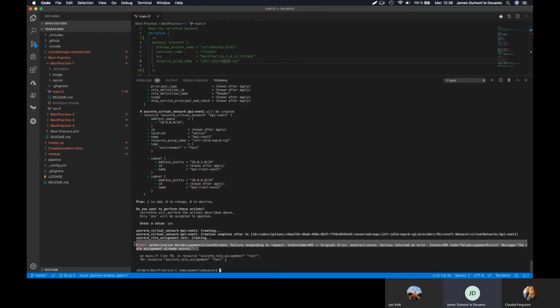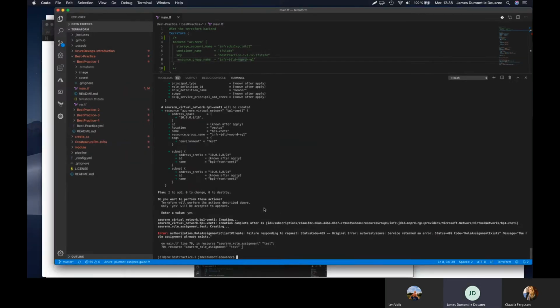So this is a point about having a state. If you do not have a remote state used by all your team, you won't be able to evolve your infrastructure because you do not have its background. Okay. So this was an example about